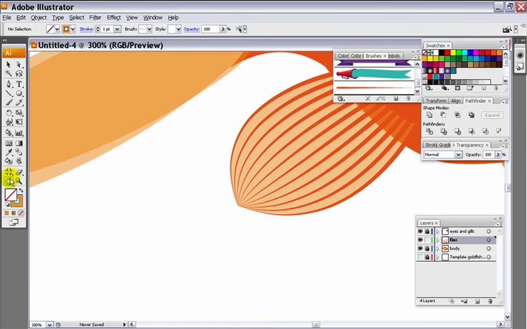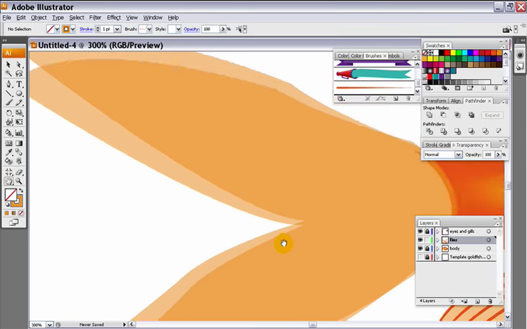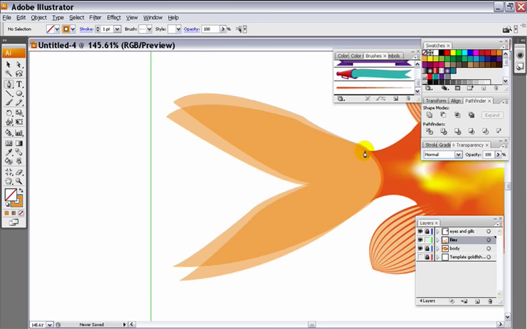And last but not least is our tail fins. Okay, take your pen tool. I'm going to come to the middle of my fin here, and I'm going to come around and I'm going to use basically this brush that we just created the other fins with, and I'm going to select nothing. And then I'm going to use my pen tool again, and I'm going to come in to about here, the middle of the fin. I'm going to come around to this point,